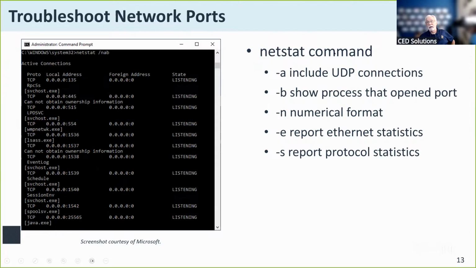So the netstat command is one that allows me to look at the network status on my own computer system. It will actually show me how my individual communication ports on my system are configured. Do I have an active session? Is it actively listening for an inbound communication request? And if so, what port number is it listening on? So the netstat command, again, shows me what my port configuration is.